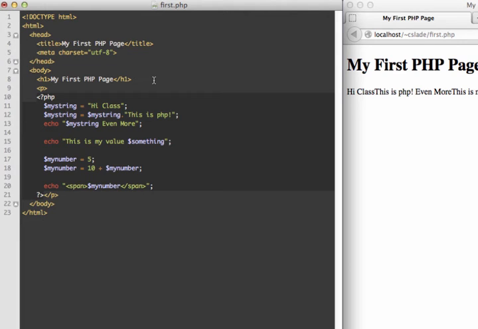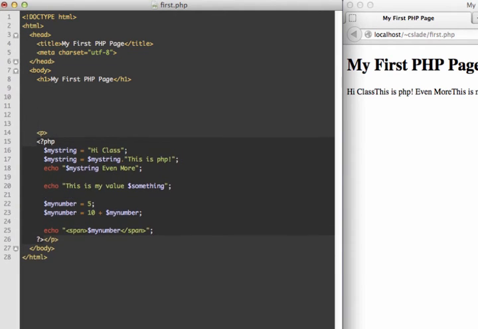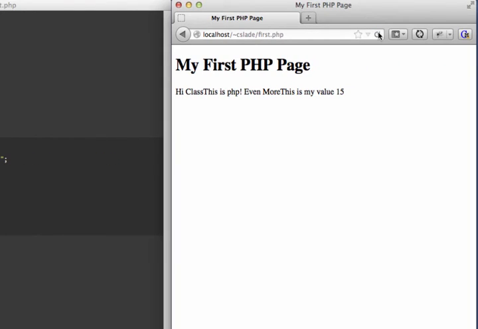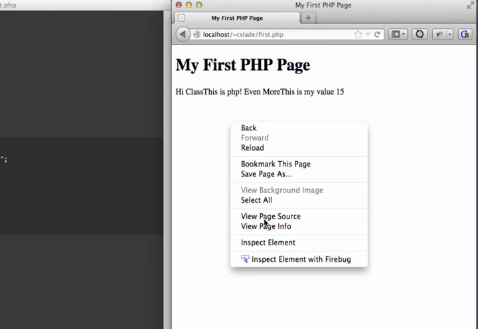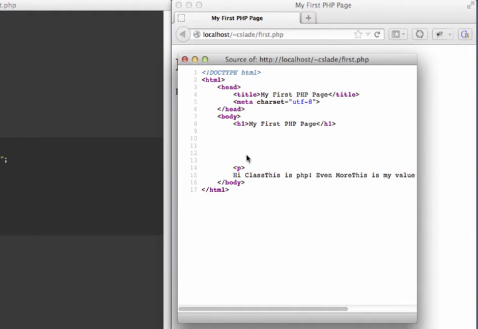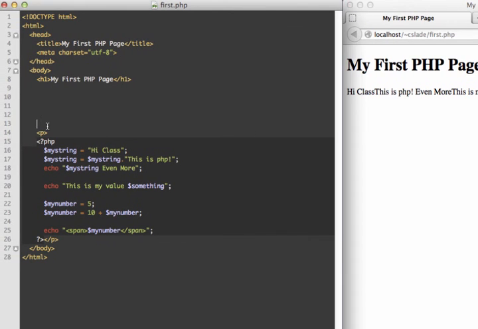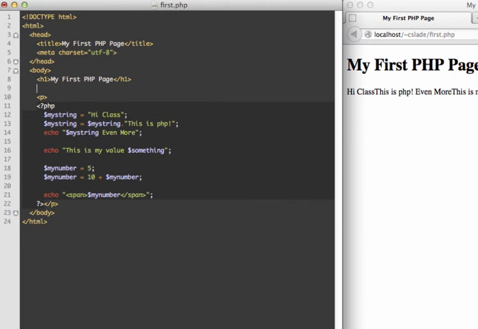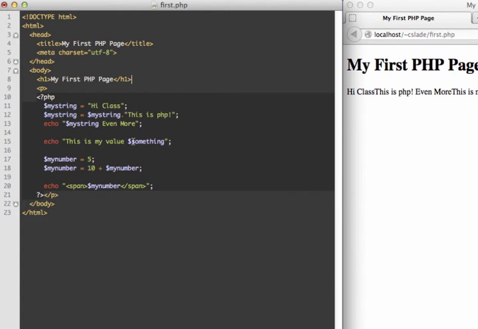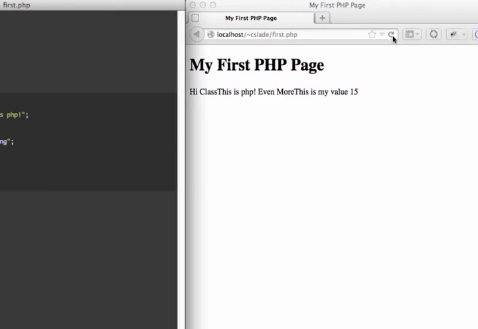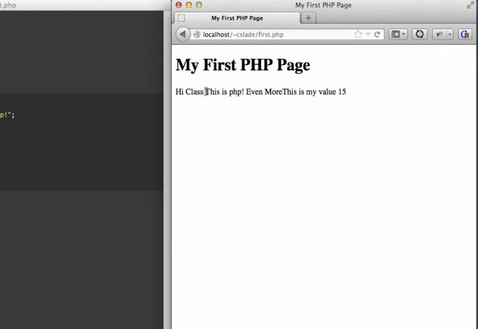If you've done HTML work before, you know that if we just put a bunch of blank lines in here, that doesn't affect the way that the page looks at all. We can look at the source and see the blank lines there, but HTML doesn't show any blank lines. Another thing to note: in other programming languages, you use the \n to do a new line, so we'll put that in there, and we'd expect it to say, hi class, this is PHP on 2 separate lines, right? Well, the only thing we got is an extra space. If we view our page source,